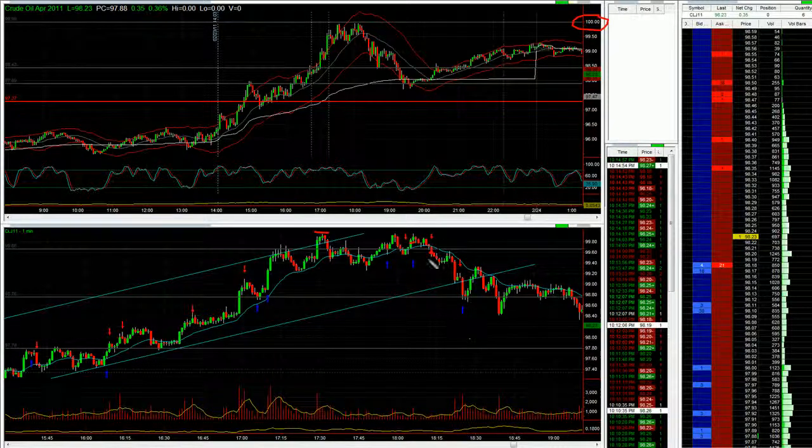Got a little short here on the pullback. Obviously everyone's looking for the break of 100, didn't get it. When it starts not to get it, you get the rollover. You wait for this little flush, a little deep candle lower on some good volume, the pause, and then we just get that. It just paused before the 99, which is quite a nice setup actually. When you get the pull lower, there's a support level, you get the consolidation. That's got to be good volume. There's your volume bars. That's got to be good volume down to that, and that was 99 in this case.